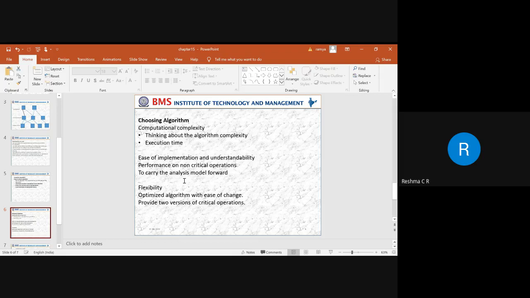So for that, what could be the best algorithm to match all these things? It can be based on a pattern, or it can be based on an activity that can be carried out. That is the main thing that we need to identify. And the next thing is choosing the data structure, which is the second step.